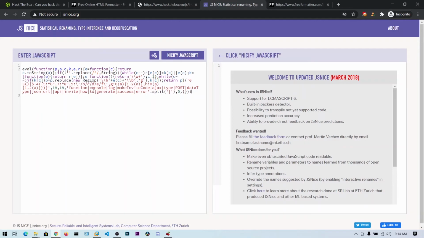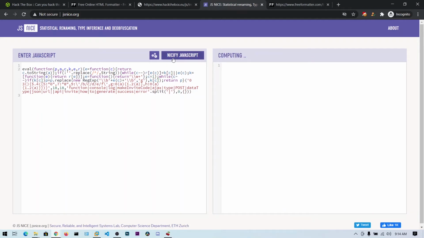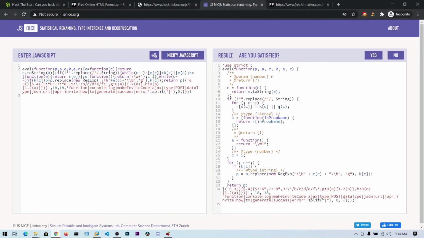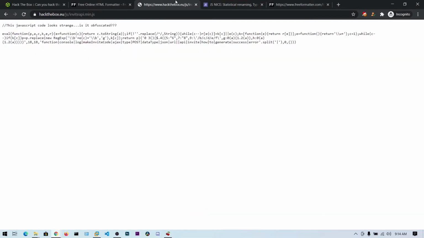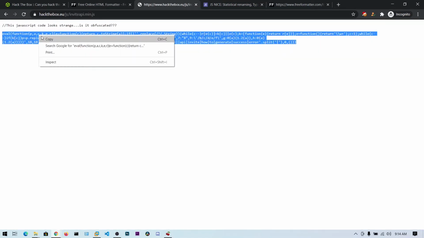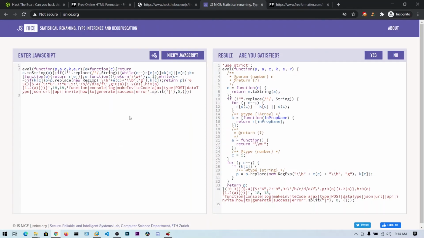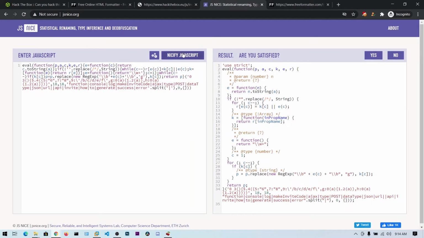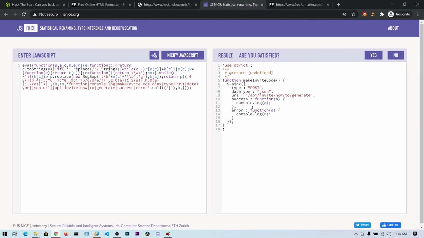So paste it in here and click on nicify JavaScript. I think this is the one we got. So let's nicify again. This is the code we actually need to examine.